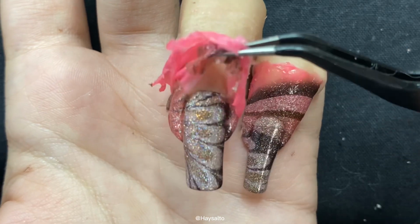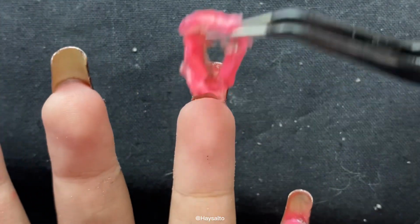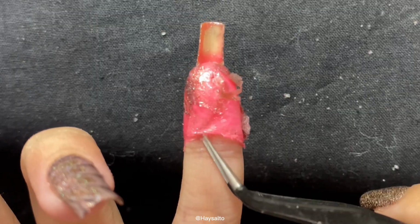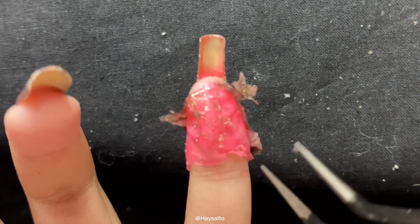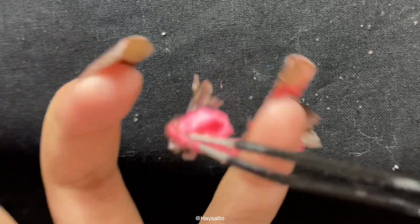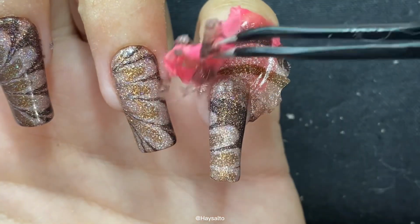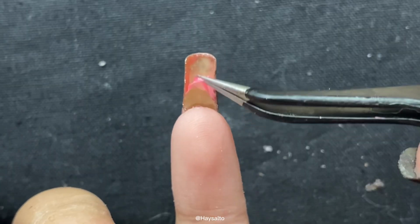Again, sometimes the liquid latex will put up a little bit of a fight. Usually I get more satisfying peels than this, but it was just being a little bit tricky today, which is alright, it always comes off in the end. And another thing to note is, it might just be this brand of liquid latex that I use, I'm not quite sure. Oops, sorry if you hear my cat in the background, but this liquid latex really dries out my